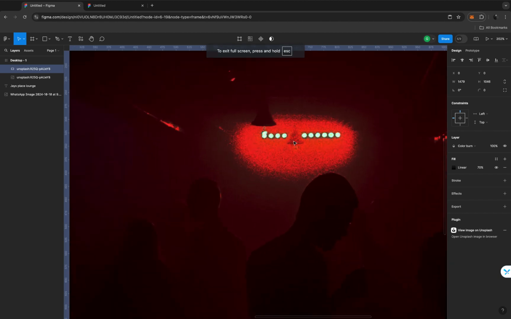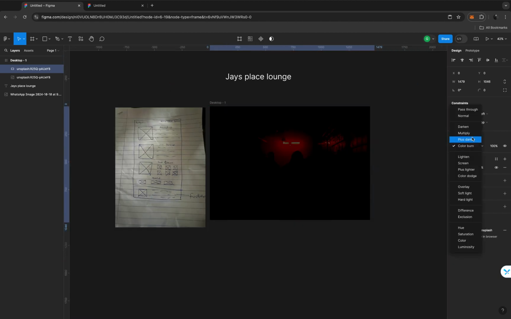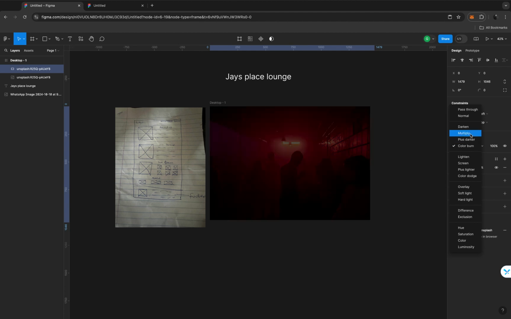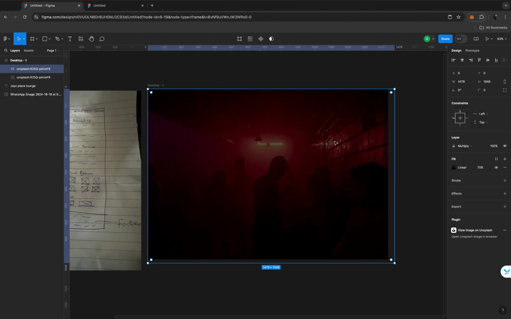This sharp light here we are having. So I'll go ahead and change the blending option to, let's say, multiply. Yeah, I think multiply is cool. All right, so as you can see, the picture has gotten another effect. Let me uncheck this one. So you see, I'm gonna hide it. You see, it's giving it